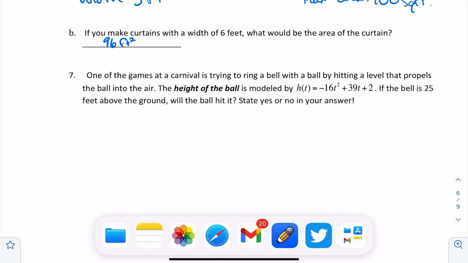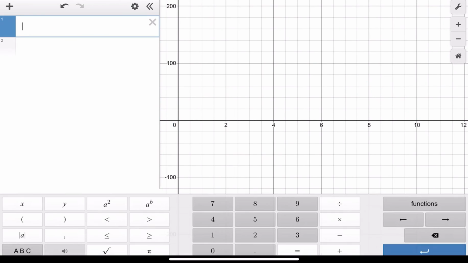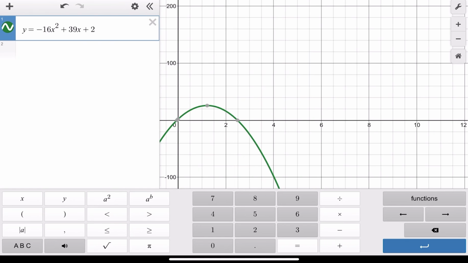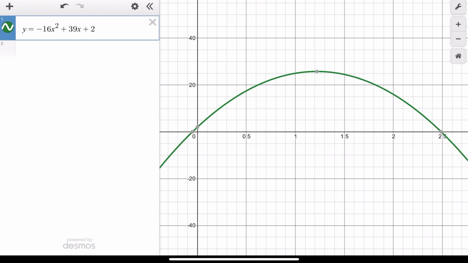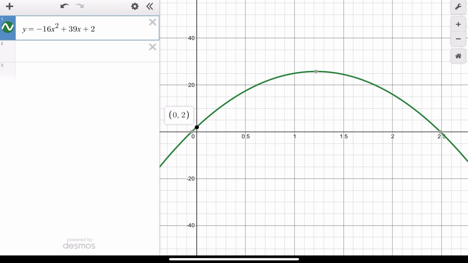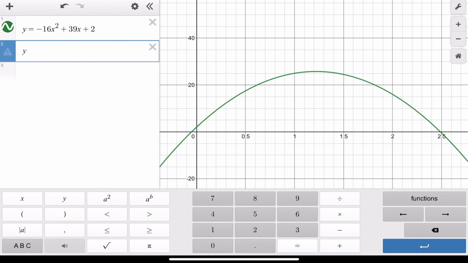So we need to take a look. First we need to graph our equation in Desmos, because I need to know the function for the ball. So I've got my output equals negative 16 times my input squared plus 39 times my input plus 2. And I can zoom in. And then here's the ball's height over time. So I can see that the ball starts at about 2 feet above the ground, and then it goes all the way up, and eventually it hits the ground. Now I need to know, will it hit the bell if the bell is 25 feet above ground? And if I graph y equals 25,